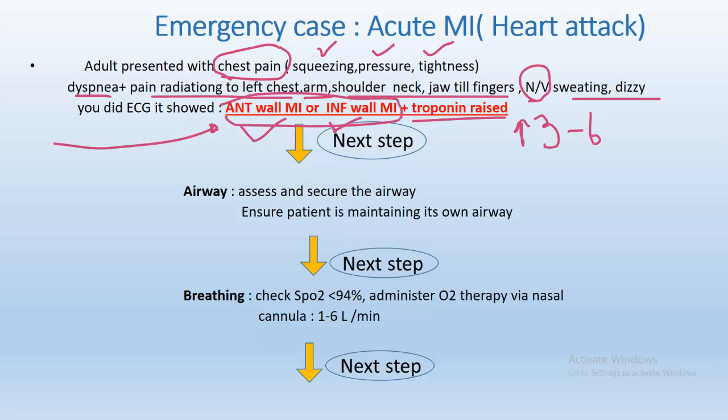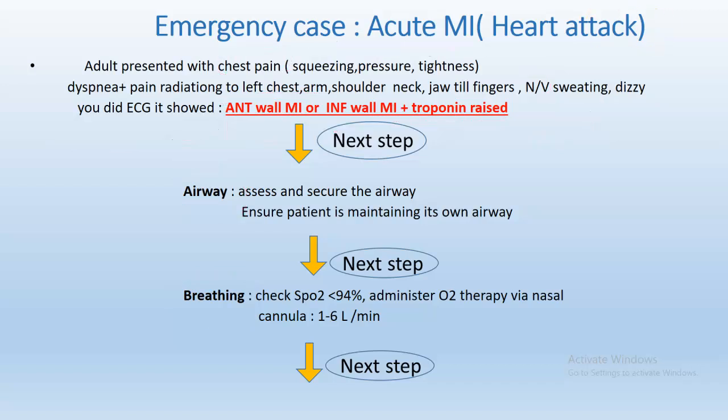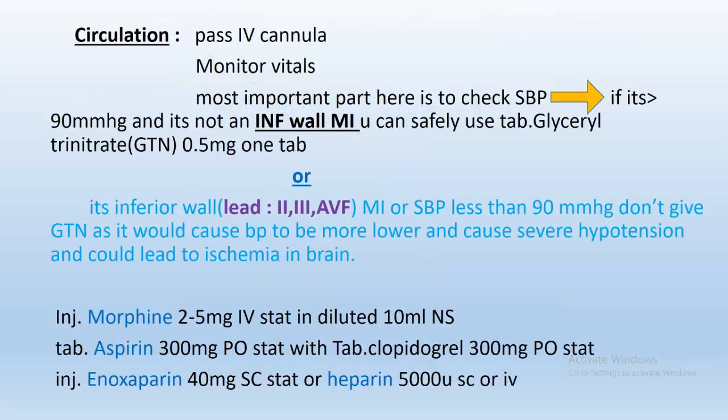Your next step will be maintaining the airway and giving the patient oxygenation. It's very important for the patient. And then the most important part is the circulation, how you can save the patient. You need to pass an IV cannula and monitor vitals. And here's the most important point which I want to teach you: